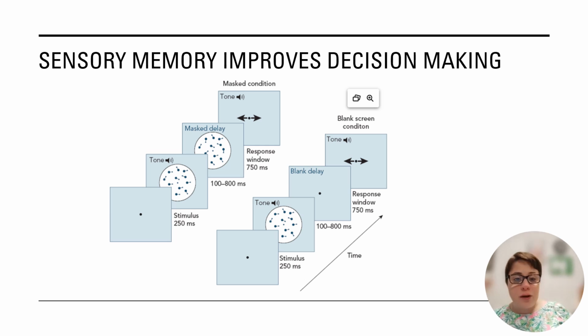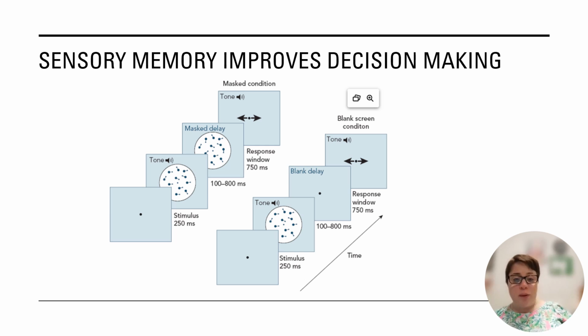So Alexandra Vlasova and Joel Pearson of the University of New South Wales were interested in better understanding how people use visual sensory memory to help them make decisions. In particular, the researchers were curious whether the visual information would continue to influence decision making after the stimulus was no longer present or available.